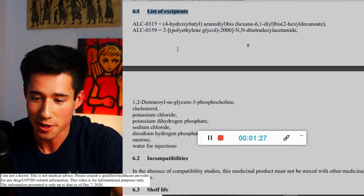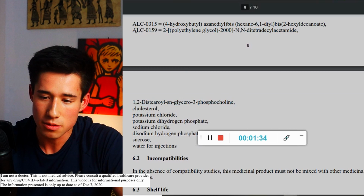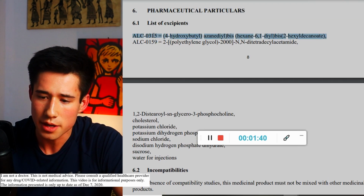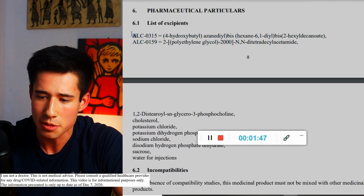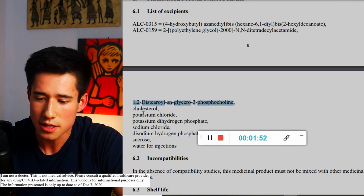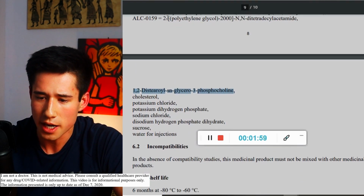And here we're talking about the list of excipients. So you've got these 3 really long words over here. These 2 things, I think they are the proprietary lipid nanoparticle that is encapsulating the mRNA. I think these are parts of the proprietary formula that BioNTech uses, I believe. And then this thing over here is an ingredient that helps get the mRNA into the lipid nanoparticle,